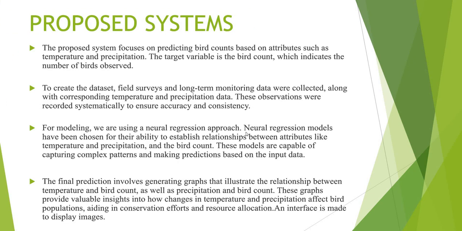After this, the proposed system. The proposed system, as I had earlier said, is basically that we have collected data set from UK, US and various parts of Asia. After that, we are going to visualize the data using box plots, histograms, etc. And we have also pre-processed the data using standard scaler. After that, we have employed neural regression analysis, and we have used attributes like temperature and precipitation to predict